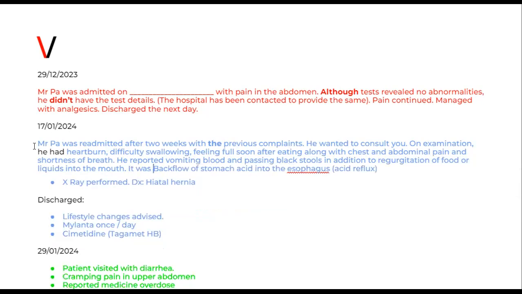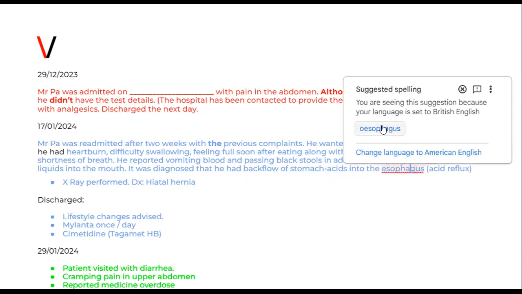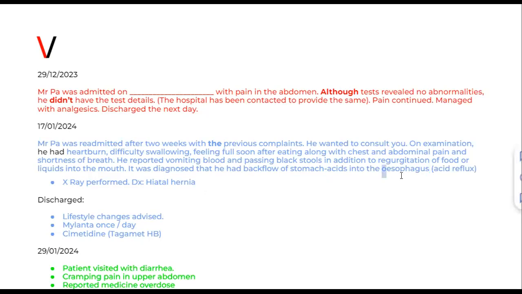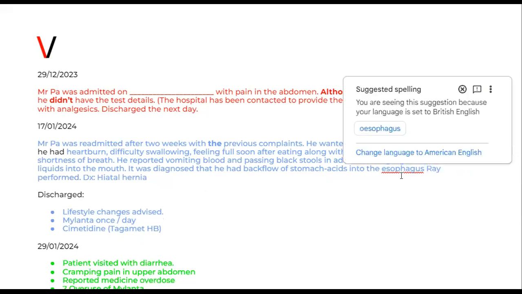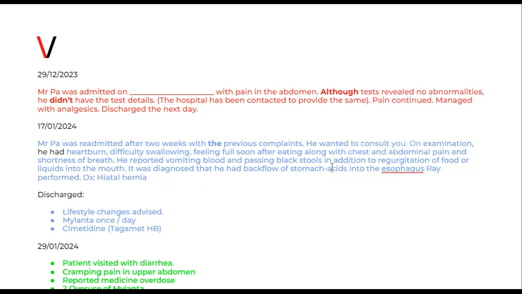It was diagnosed that he had. Are you following me? Like you can see here, everywhere only past tense is used. He had a backflow of stomach acid. You can write acids into the esophagus if you want. Esophagus is completely okay, with the OE is also okay. Simply OE is also fine. It was diagnosed that he had backflow of stomach acids into the esophagus,